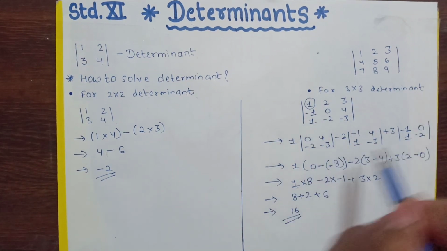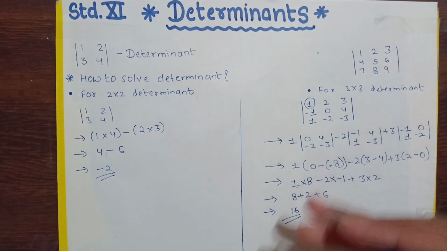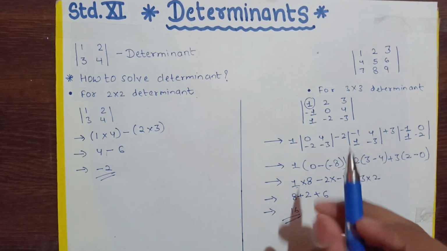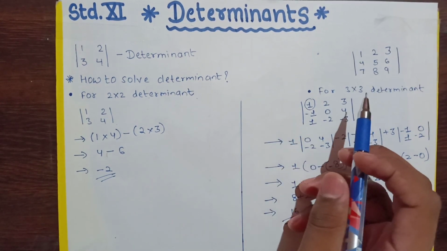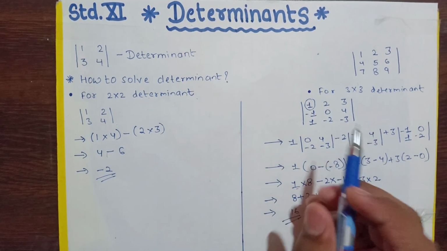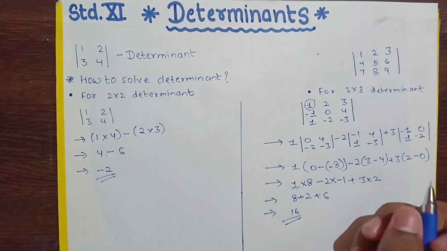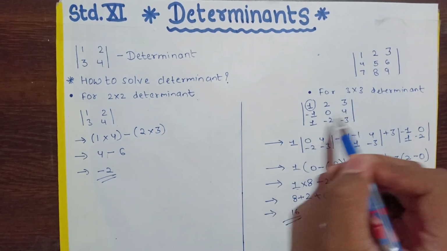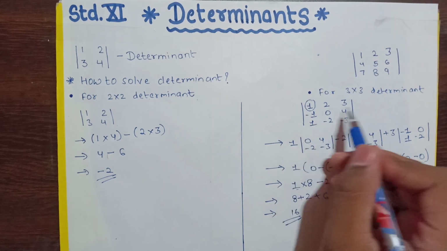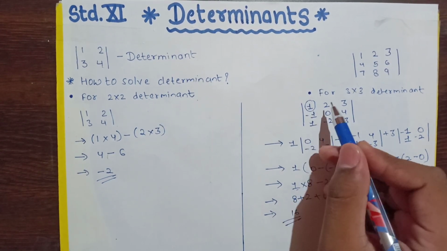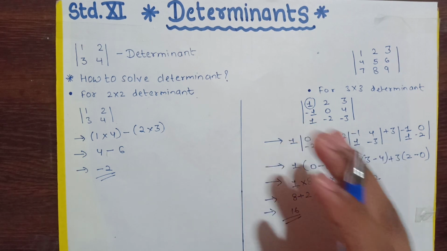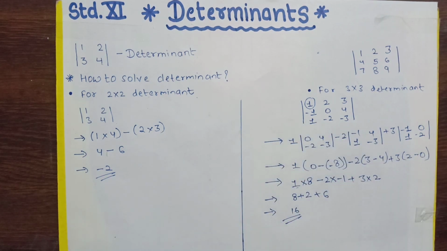So you saw how we solved this determinant. Now let us begin by understanding a note on this. See, you can solve this 3 into 3 determinant by 6 methods. 3 by row and 3 by column method, that is first row, second row, third row, and first column, second column, third column. So how many? 1, 2, 3 and 4, 5, 6. So you can solve it by 6 methods. Hope you have understood. Let us go to our next topic.